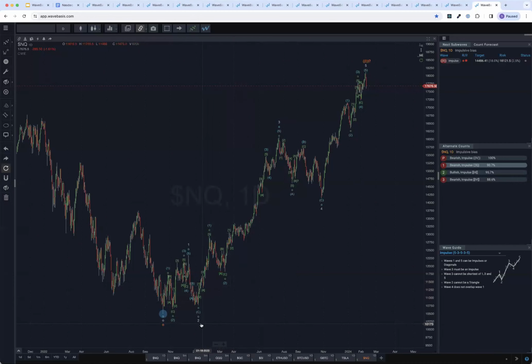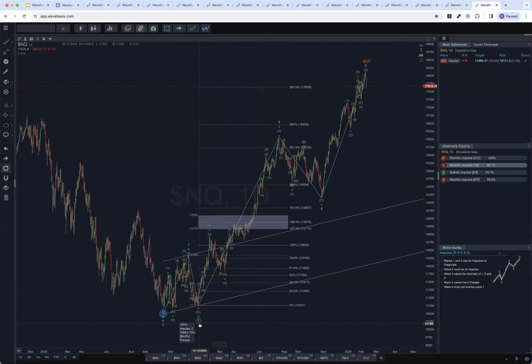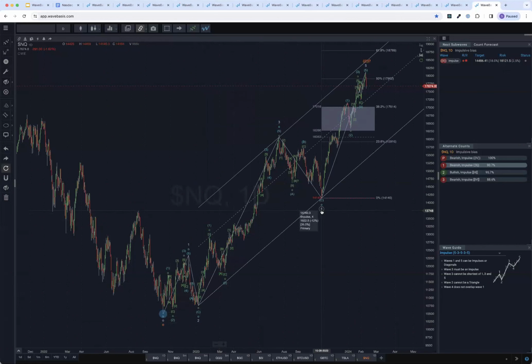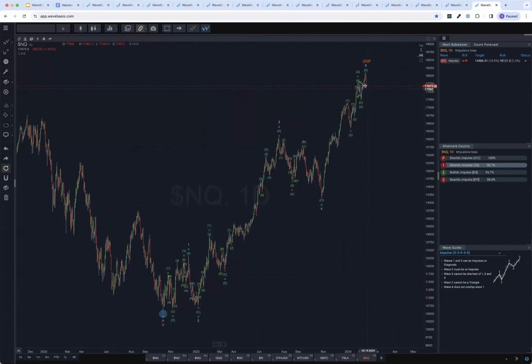So let's look at the highest degree here. We've got a top out around the 2.618, and then where's the wave 5? Well, this is a pretty legitimate count, and an ending diagonal up here. This is actually a pretty tough call, to be honest. Strangely, I happen to like this count better for now, but time will tell. But the process that I use and that I recommend is to inspect the subwaves.